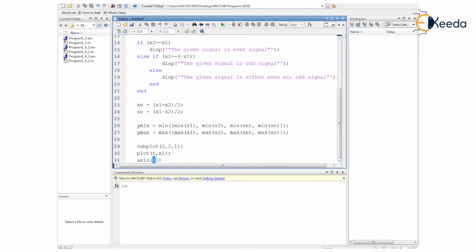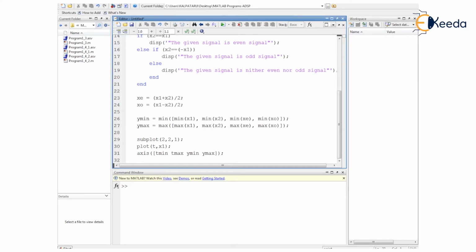Within a pair of parentheses and a pair of square brackets, we will have t minimum, t maximum, then ymin, then ymax.